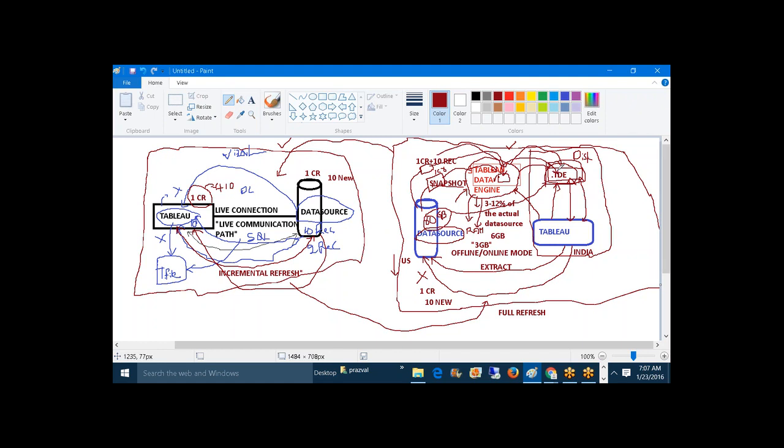It means just to process the 10 new records, it is taking the complete data, the 1 crore 10 records. So it is a default mechanism. We can also implement incremental refresh, but that will come at the server level. That's why, when the data is changing frequently,